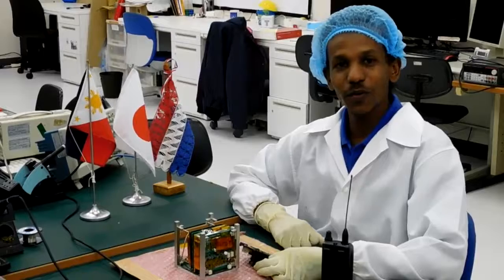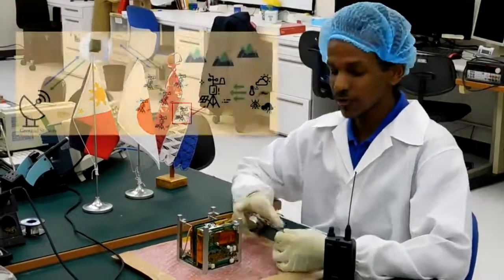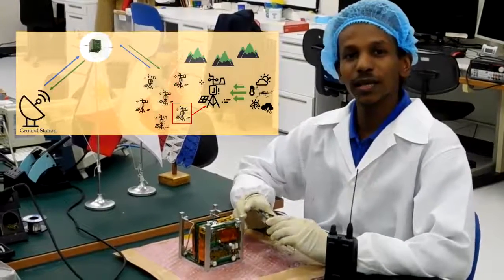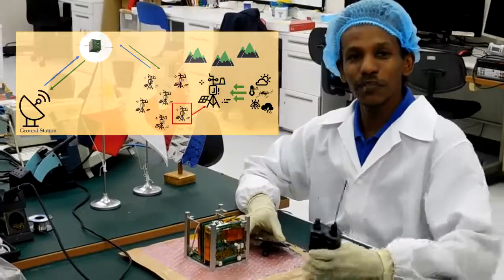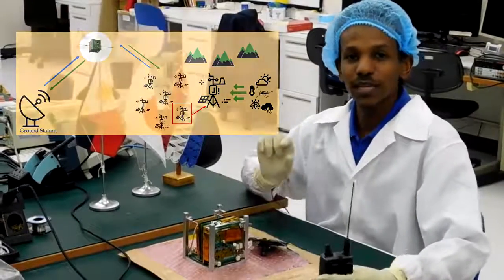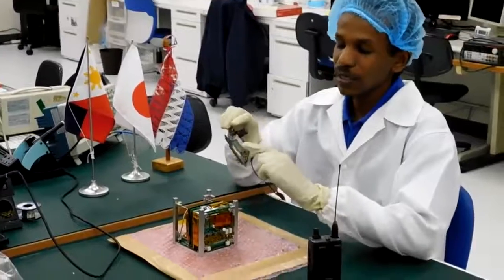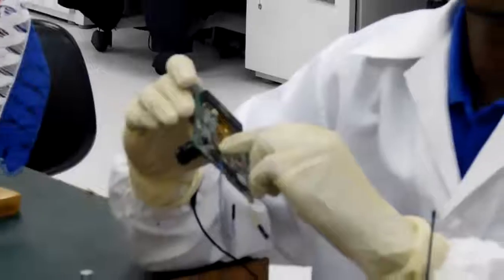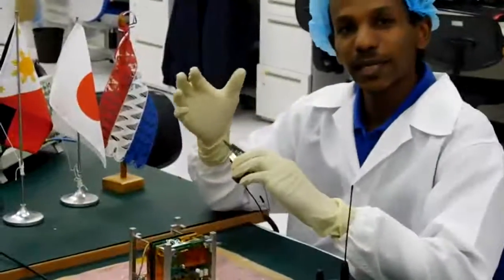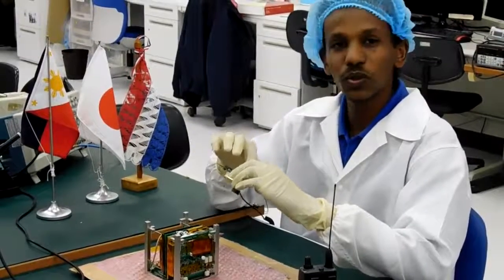To tell more about the Store and Forward mission, as I mentioned earlier, it's a mission that collects data from distributed sensors on the ground. The sensors send the data via RF in APRS format. That's why I simulated the signals using a handheld radio. The signal from the sensors goes to the satellite and is received by this transceiver here. Then the information goes through the TNC, the terminal node controller, to the MCU of the Store and Forward mission. The MCU then extracts the data and saves it in a local flash memory to be forwarded again